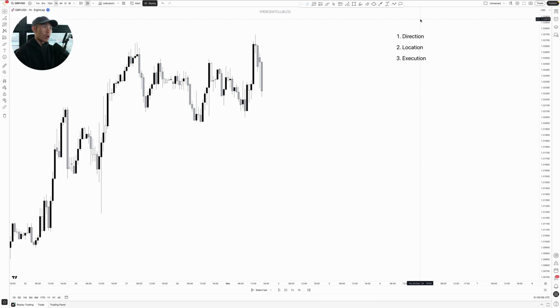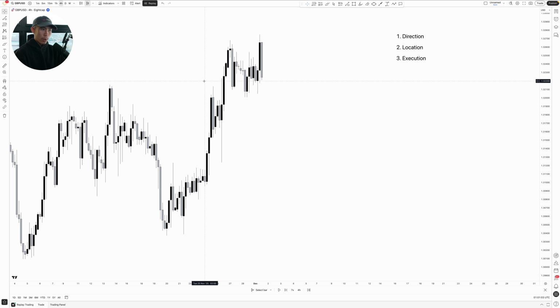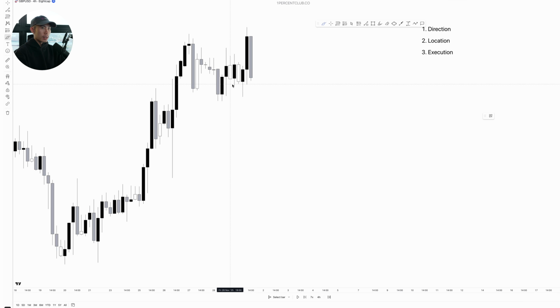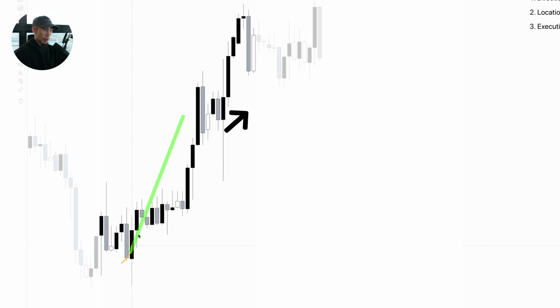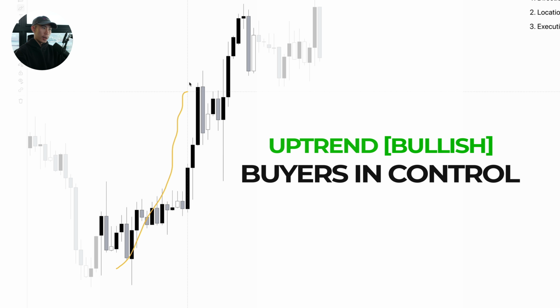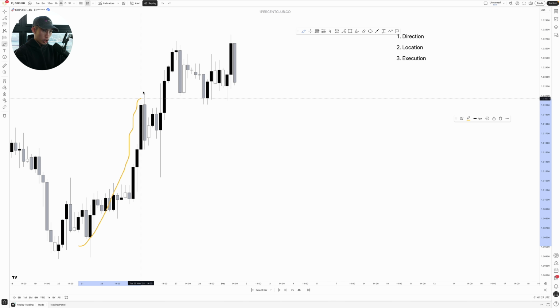So you always do this on the higher time frame, right? This is where I usually go onto the 4-hour time frame and I try to identify the trend direction. Looking at this price action right here, it's very obvious that price has gone up significantly for quite some time now. So obviously the market is in an uptrend, right? But then what happened was that price actually pulled back, goes up, pulls back, goes up, and right now this is where we are at. So the first thing is to identify the trend direction, and we have established that price is actually bullish right now,